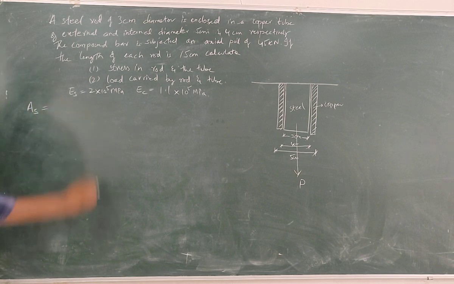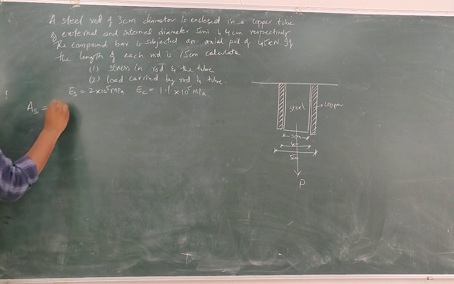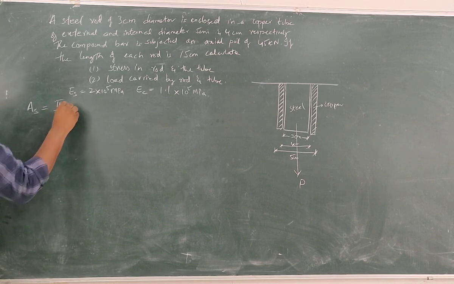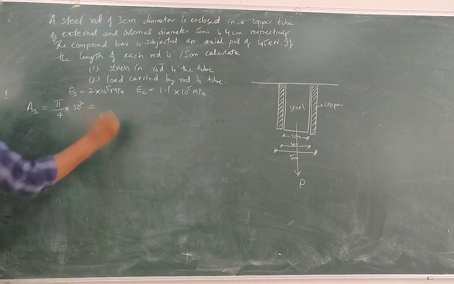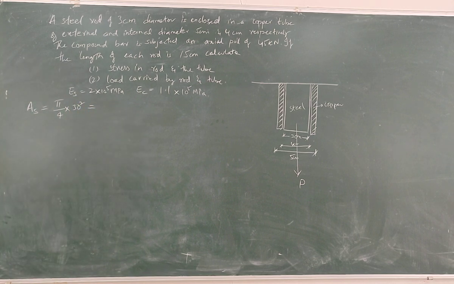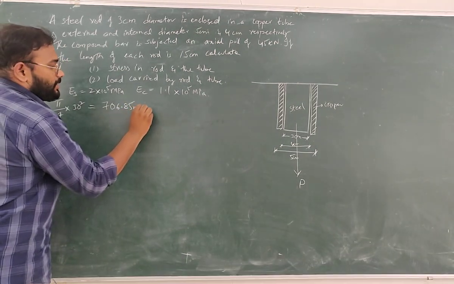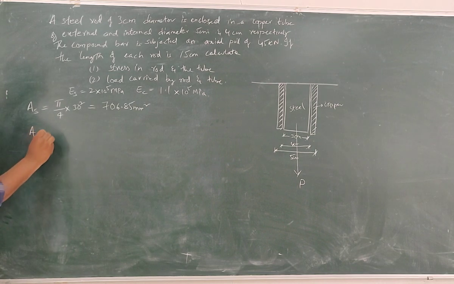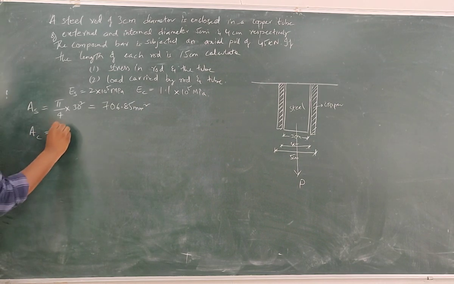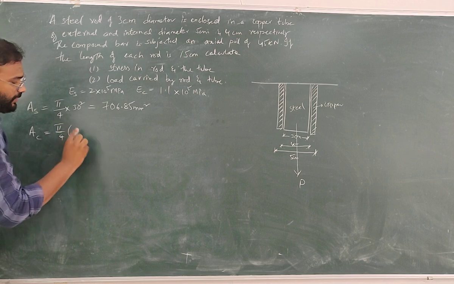Area of steel rod will be equal to pi by 4 into 30 square, that is 3 centimeters. Young's modulus of steel, Young's modulus of copper. Area of steel rod, pi by 4 into 30 square, is 706.85 millimeter square. Similarly, to calculate the area of copper tube, pi by 4 into 50 square